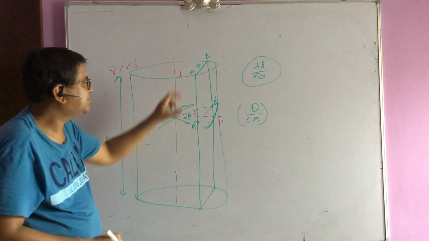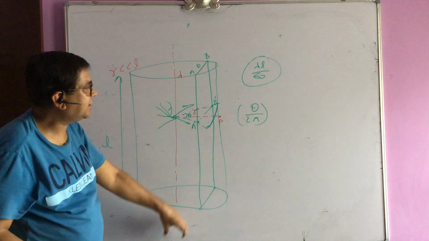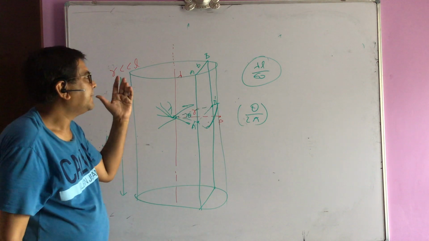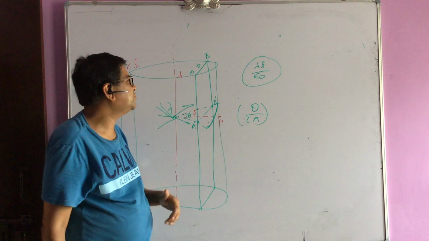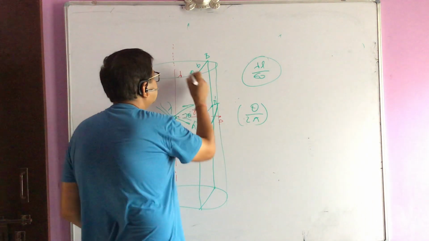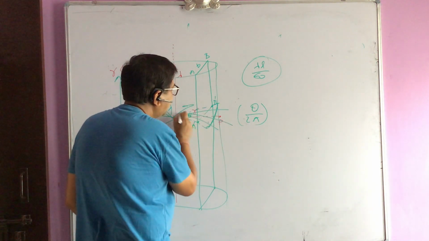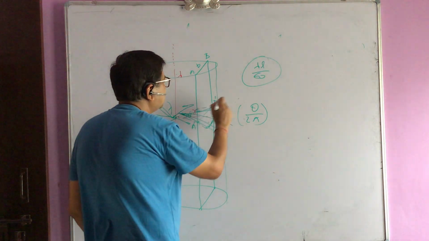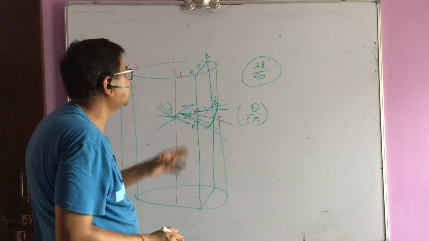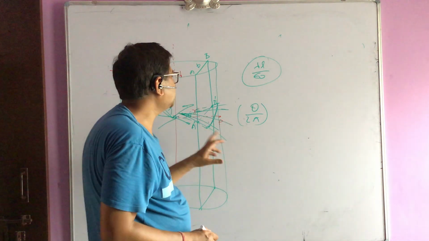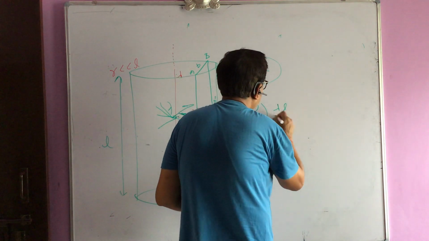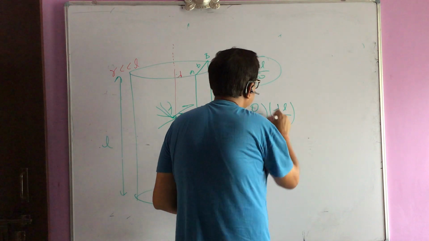So on this thin sheet, which has got a very long length, let me say L, if I ask you what is the flux, it is the same as the part of the curved surface which is subtending the same angle at the axis. Because all these field lines crossing in between are passing through this plane sheet and are ultimately going through this curved surface. The total flux through this cylinder is going to be lambda L by epsilon naught. So if I ask you what is the flux through this plane sheet, your answer is theta by 2 pi into lambda L by epsilon naught. So this is my answer.